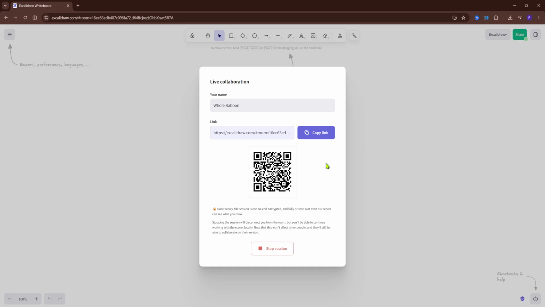And this is pretty much how you can start a live session in Excalidraw. And yeah, then when your friends have joined, they will see what you are doing and you will see what they are doing in this